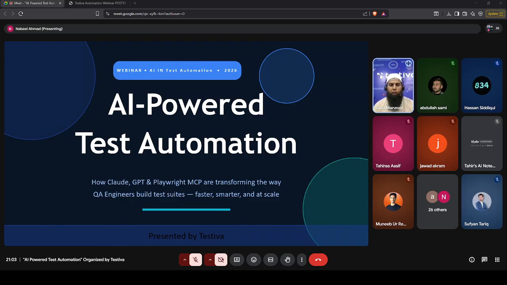So today we will discuss how we can utilize modern LLMs like Claude and ChatGPT, and how we can utilize the MCP for better test automation. Nabil, can you move to the next slide, please?